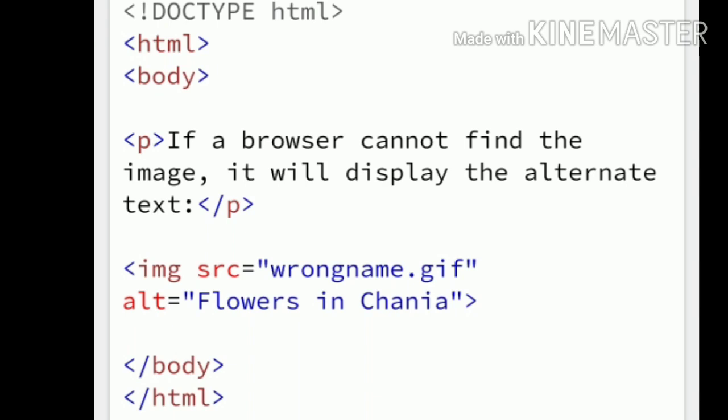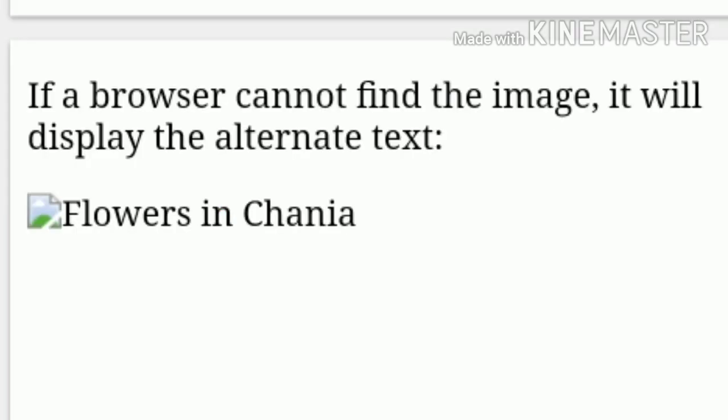The alt attribute should reflect the image content, so users who cannot see the image get an understanding of what the image contains. Generally, if in some web pages users cannot see the images, they get an understanding by using the description of that particular image.